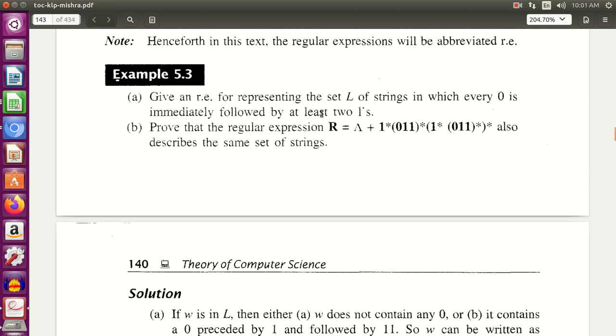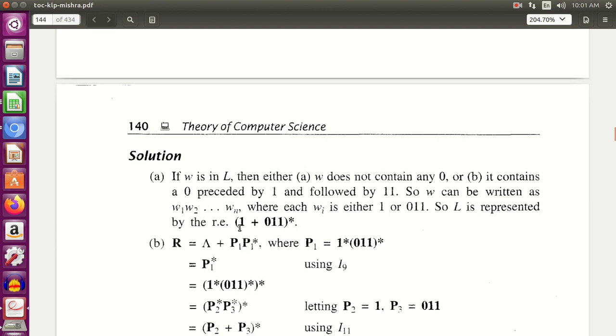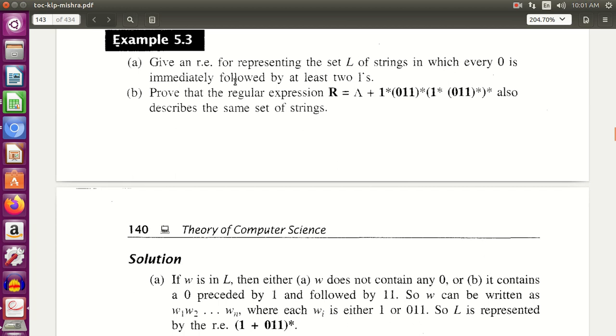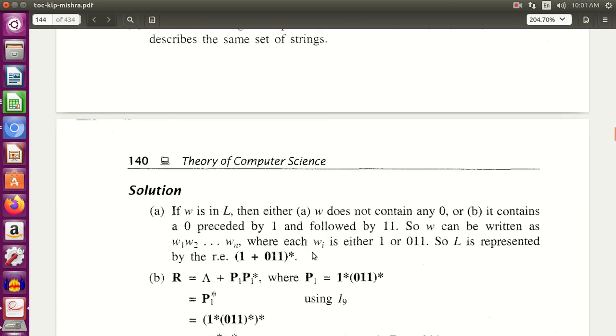Prove that the regular expression R is equal to lambda plus whatever is written, a big part, also describing the same set of strings. So basically what you have to prove is that this is equal to this, because this you have already designed the regular expression, and question number 2 is asking you to prove that this regular expression also describes the same set of strings. So what we can do is